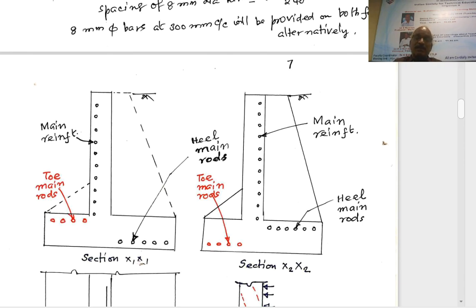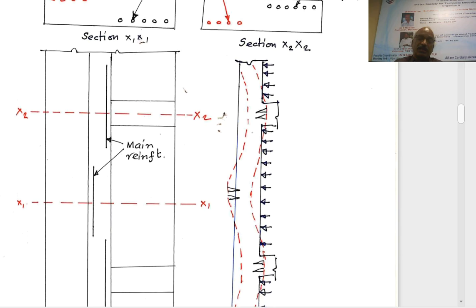So here we have not included the distribution reinforcement. I don't want to congest everything in the same diagram, but finally you have to assemble everything in the same diagram. So here the distribution steel will be in the vertical direction in the upright slab, and the distribution steel in the heel slab as well as toe slab will appear as horizontal lines. So that has to be included.